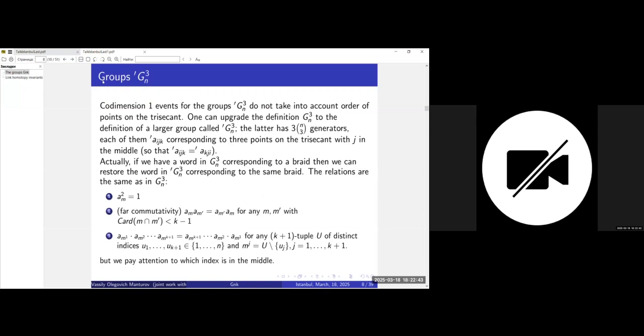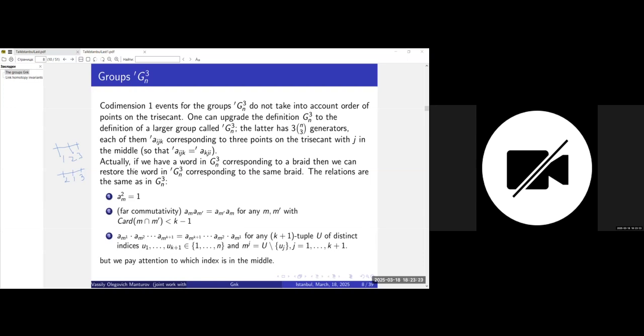Well, you may ask me several questions. For example, there was a question whether 1 to 3 and 1 to 3 to 1 are the same. And actually, you may ask whether 1 to 3 and 2, 1, 3 are the same. Well, I did it. Maybe I can say because I'm lazy, because I don't pay attention to the order of points on a line. But otherwise, I can say that the group GN3 is already good enough and powerful enough.